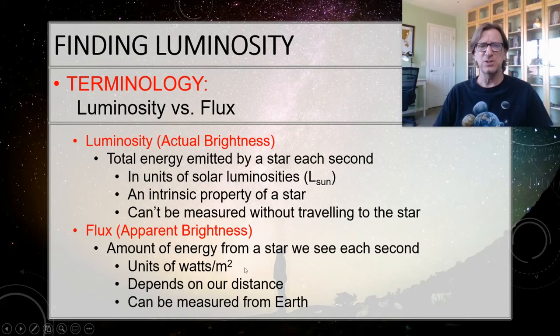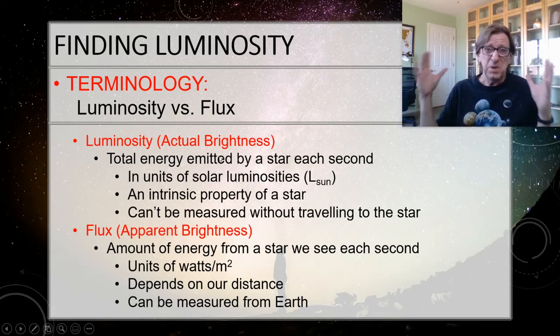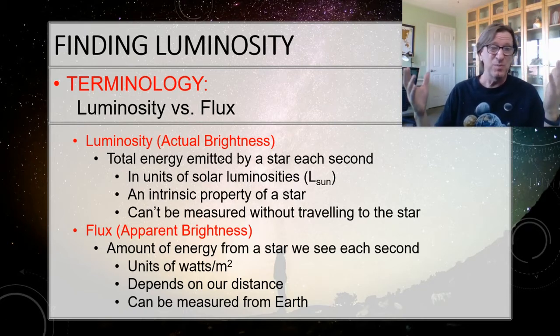So here's some terminology that we're going to talk about. I mentioned this in the opening. The luminosity is how bright the star really is. This is its actual brightness, and we measure that in watts, or I'm sorry, in joules per second, which is a watt. 1 watt is the energy per second. So the total energy emitted by a star every second, that's the luminosity. Now, watts is a big number because it's a star. You may have 10 to the 18 watts or something like that.